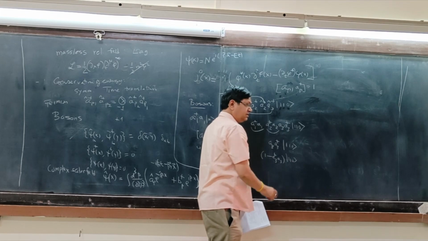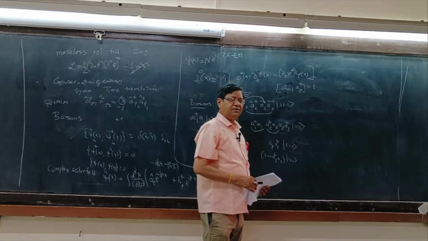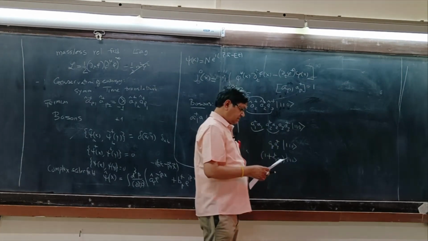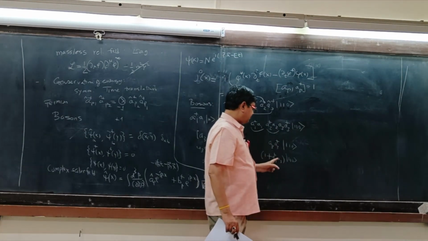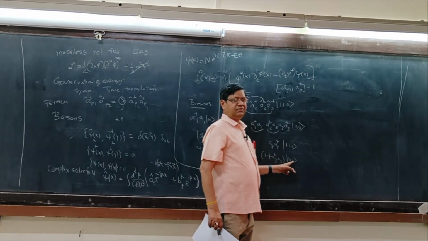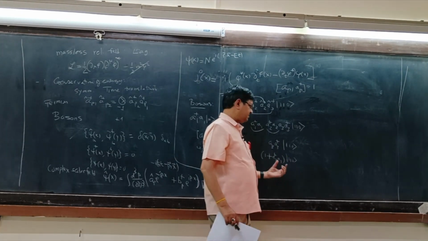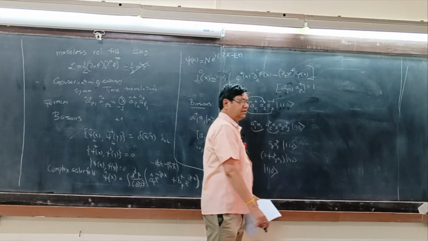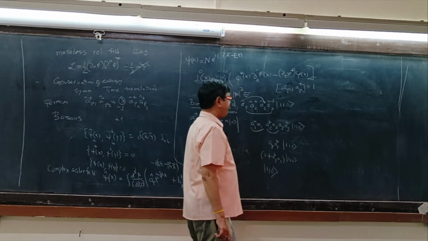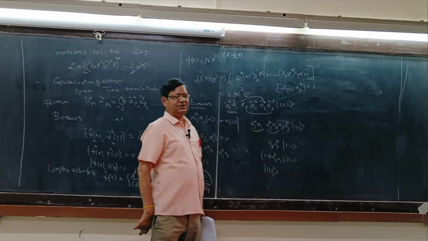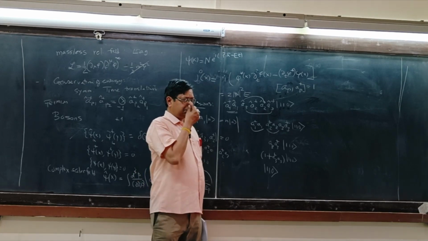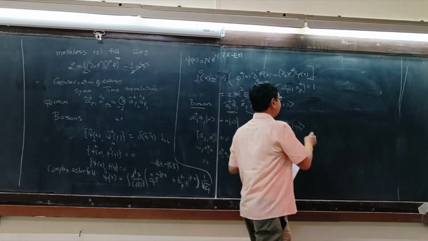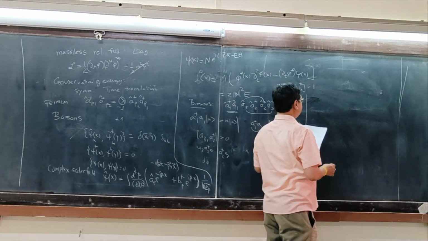So what is this one? A3 dagger, A3 acting on this? Plus, thank you, 1 plus. So A3 acting on 0 is 0. So this acting on this state is 0, but 1 acting on that is the same. So that's 1, 1, 0. Okay. So it's just working with these operators. Now let's look at the next problem.